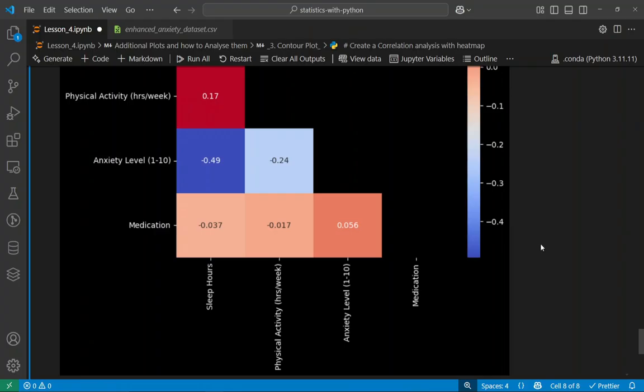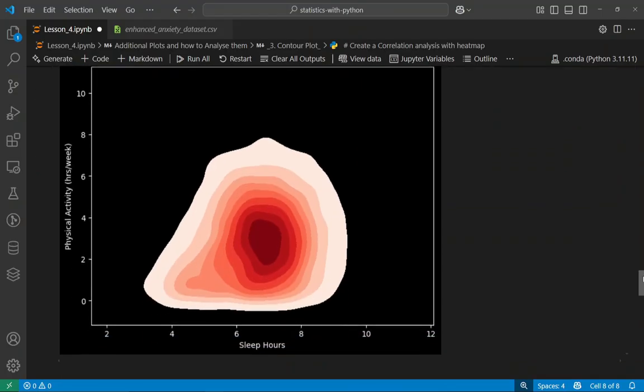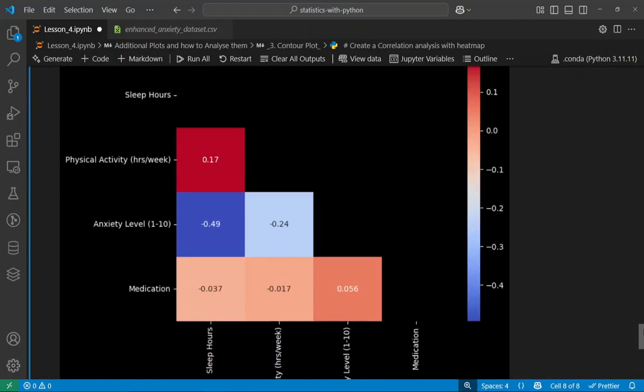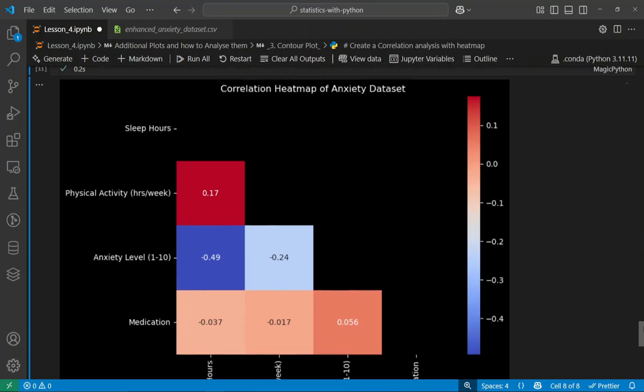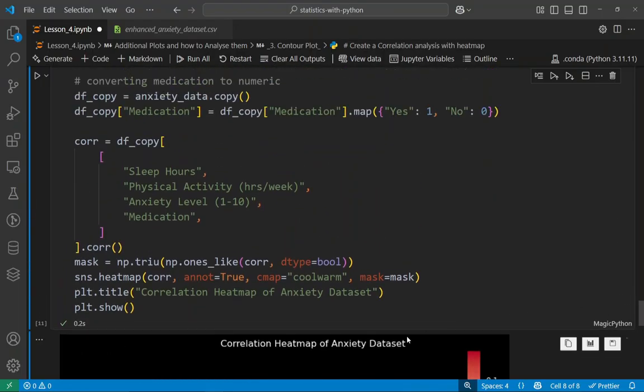So this is it, guys. We have discussed some of the graphs that we didn't discuss in our previous lecture, and now we have done that, and we also revised the correlation as well, and we did a correlation analysis using a different data set than before.